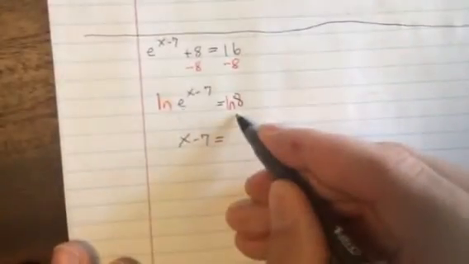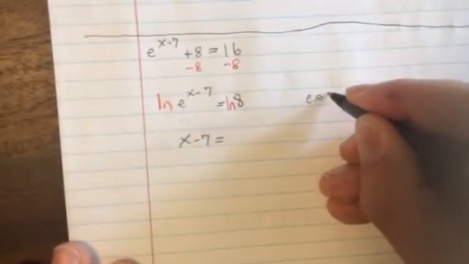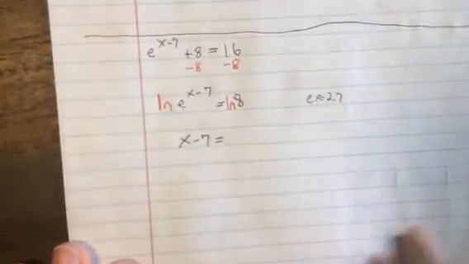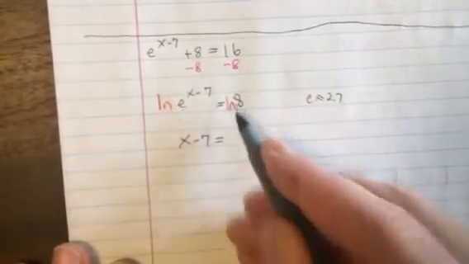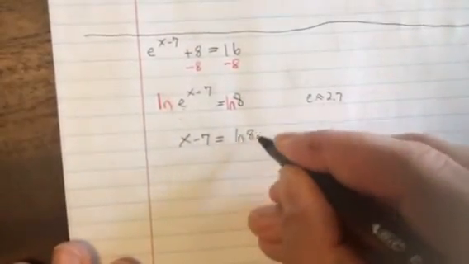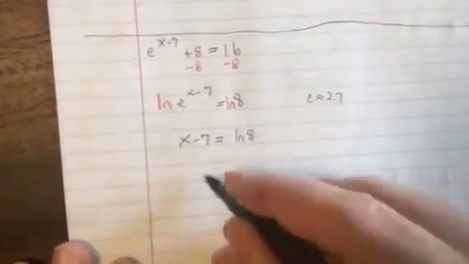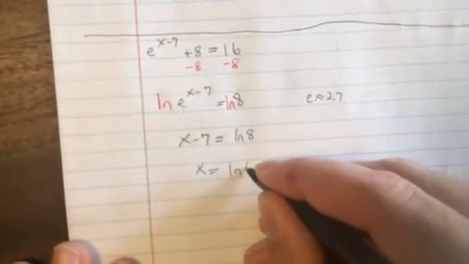On this side, this is saying e to what power gets us 8. Remember, e is 2.7 or so. And there isn't a whole number power that we can raise 2.7 to get 8. And so this is simplified. We just leave it as natural log of 8. The last step is we add 7 to both sides,